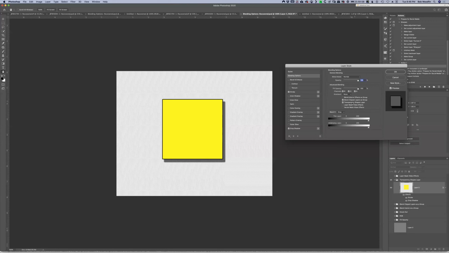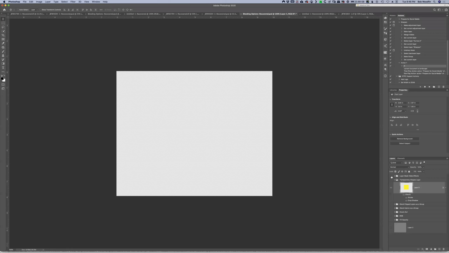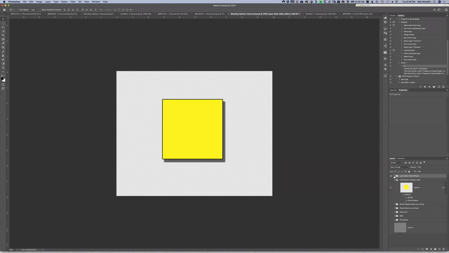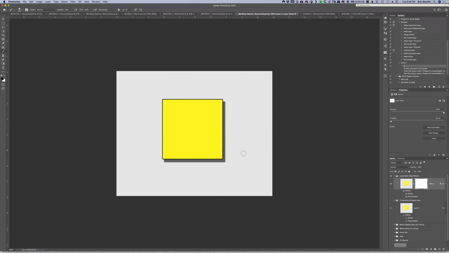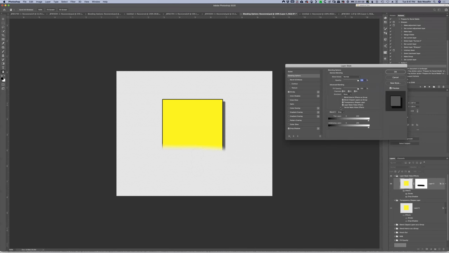So this one maybe not so much, but the next one, layer mask hides effects. By default, when you create a layer style, the layer mask will have nothing to do with it. So if I open this up, I have a layer mask here. And if I come in here and go to erase that, go down here on the mask, big brush, and I just start erasing this. Oops, let's go to 100%. It's turned on, must be turned on. Yeah, it's turned on. If I turn that off, which is the default,